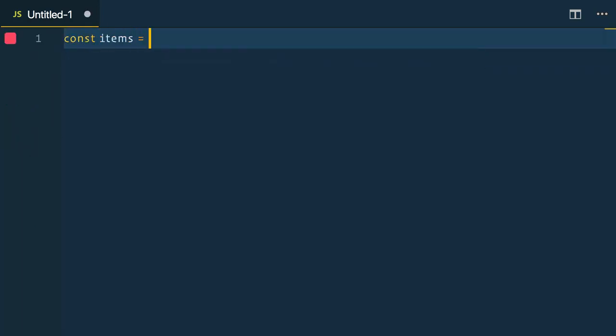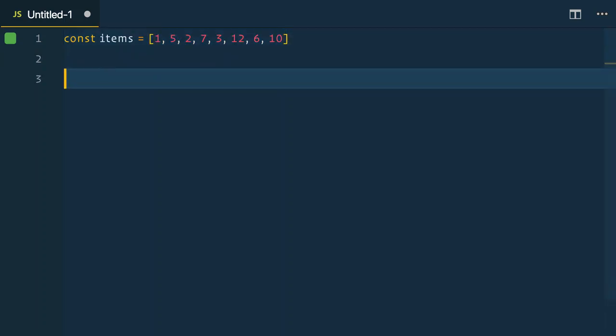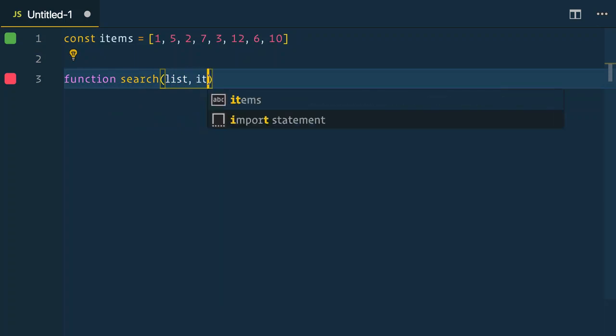Let's say that we have an array of numbers anywhere between 1 and 12, and inside of our array they're in no particular order. And let's say that we've been tasked to write a program that goes through this array looking for one particular number. If it exists, then the program will return true, and if not, it'll return null. Luckily, this isn't too hard to create, so let's make a search function that takes a list and the particular